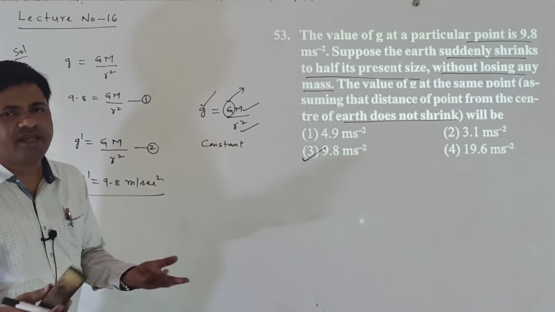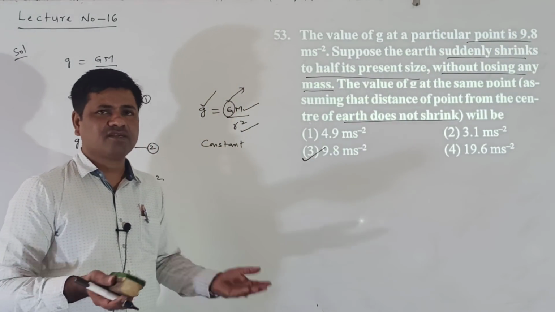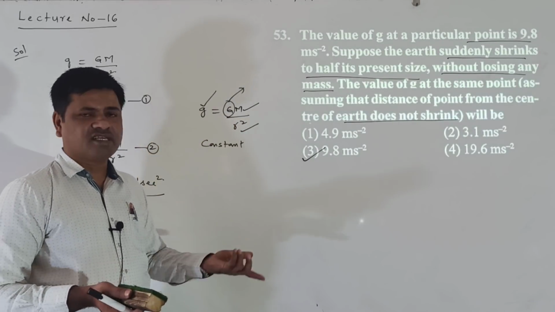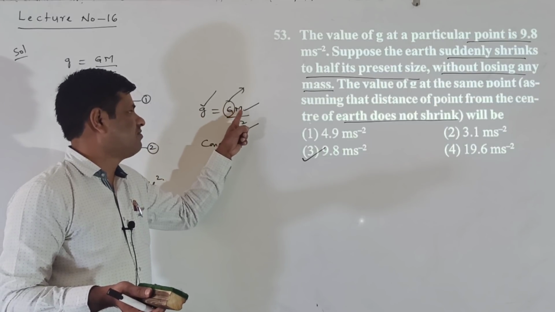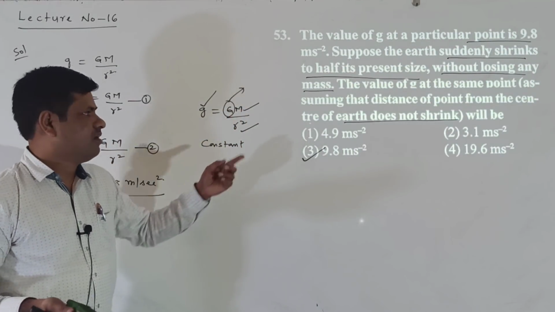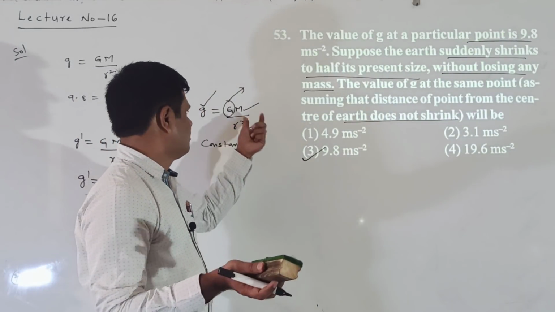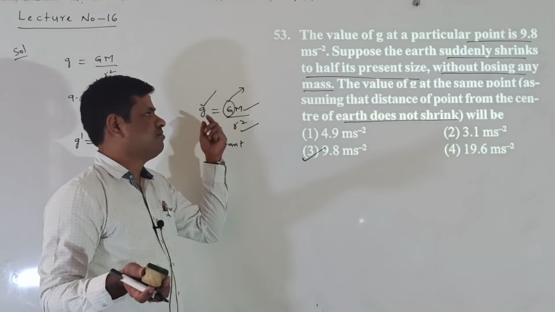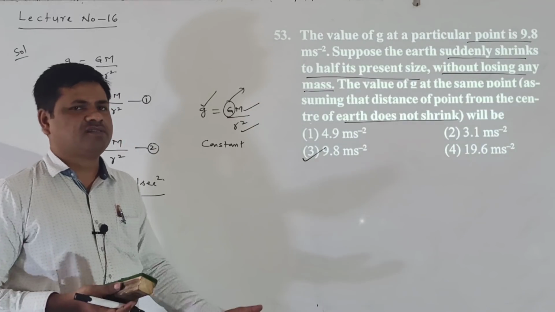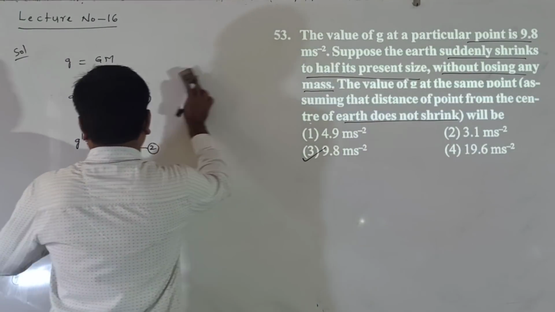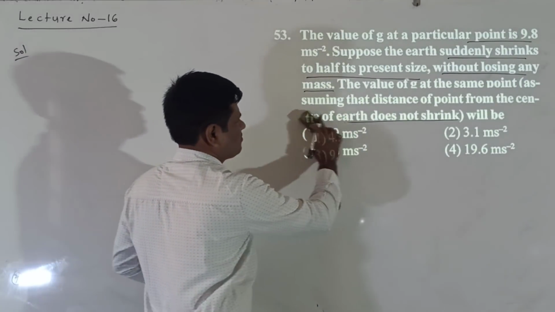Third option is correct. Or you can tell here without doing this calculation also, because mass and distance cannot change, means g value cannot change, because g value depends upon the mass of the earth and the distance. Here both do not change. Capital G is always constant throughout the universe. So all values do not change, means g value also does not change. Without doing the calculations also we can tell the answer. Right. So which option is correct here? Third option is correct.